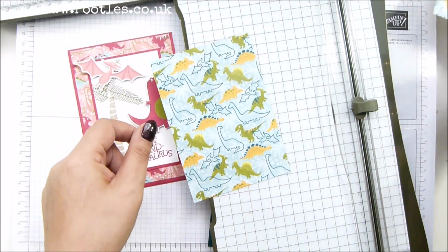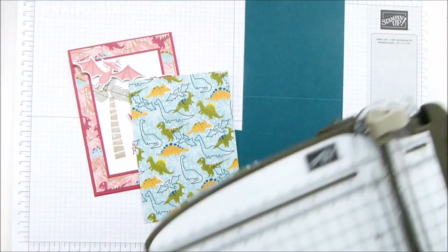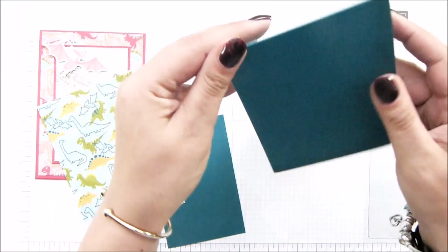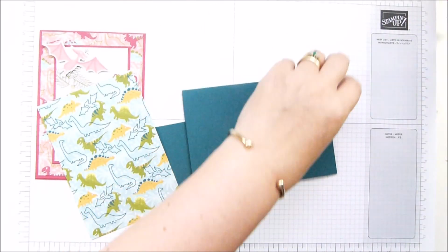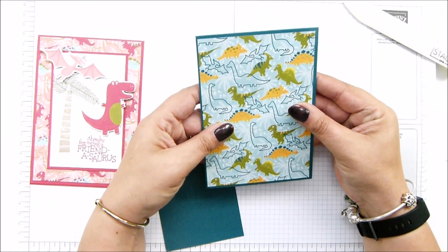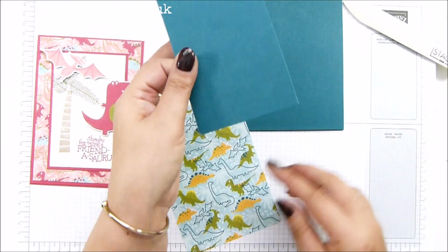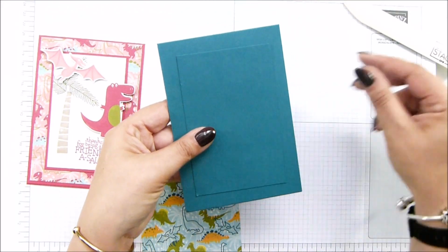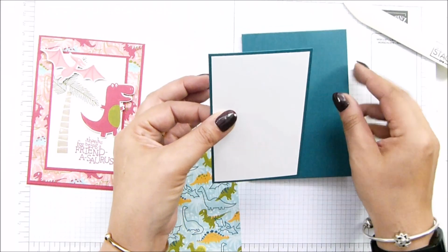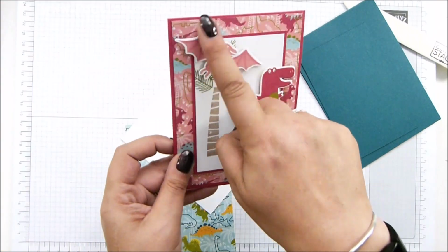So we're going for a bluey background. I just got that lovely one on the back. Love the papers. Right, let's try that one again. Cardstock in half. So cut it in half, doesn't matter which direction, score it in half. And my layer will fit perfectly over the top. This one is 2.5 centimetres shorter and narrower than this piece. And that's a further 1/2 centimetre. So that would be an inch. This would be an inch shorter and narrower, and that's what's going to give you enough of a border of